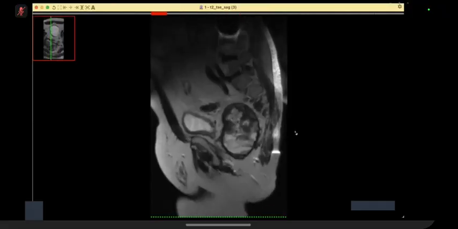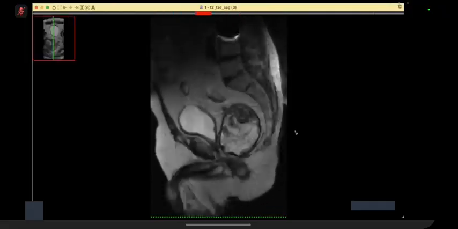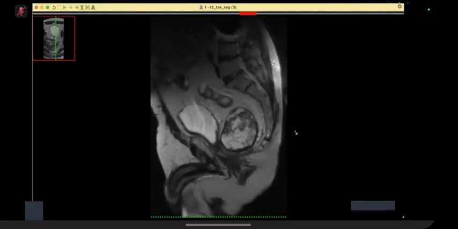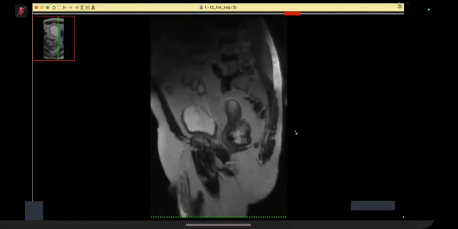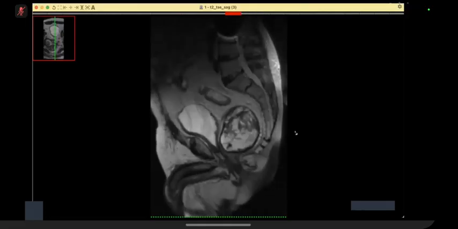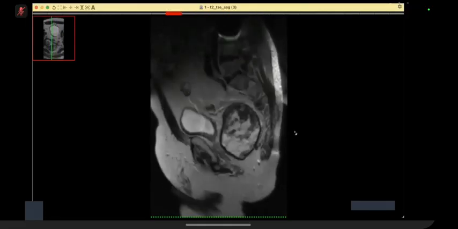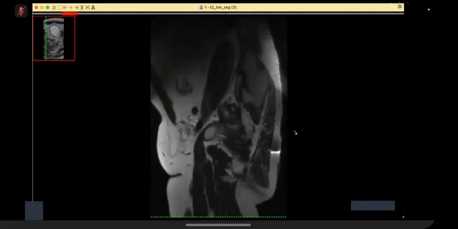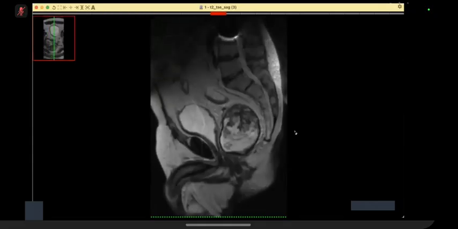So this is excluding neural origin lesions. It's also not a teratoma. So I think this is maybe